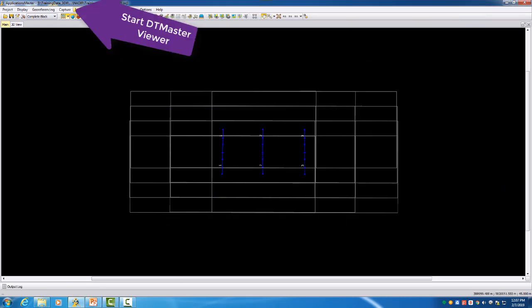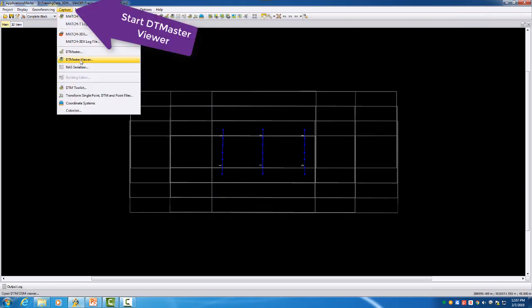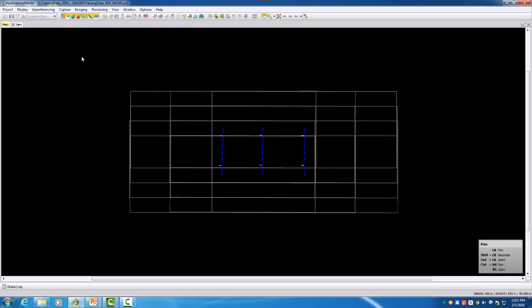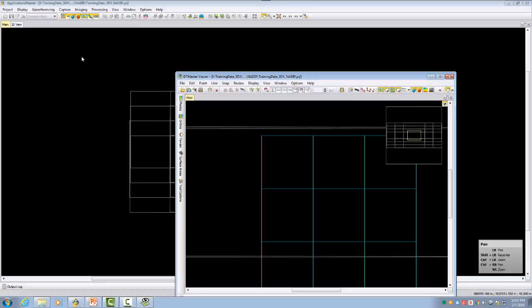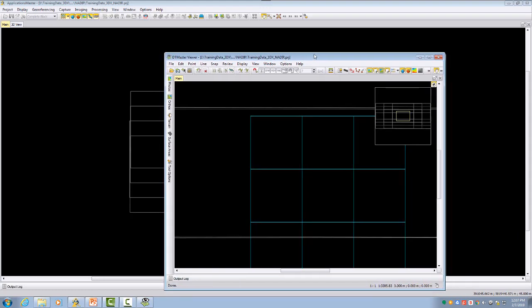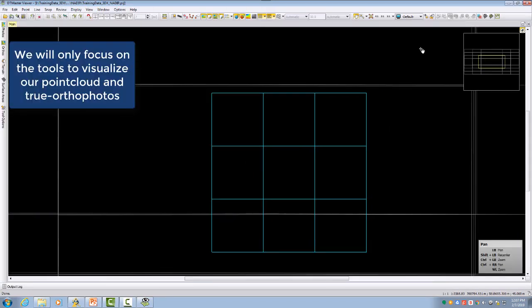We can open the DT Master Viewer, which is always part of MATCH-3DX, and then we can see an interactive tool that allows us to access the data. I will mainly focus here on navigating and taking a look. A more detailed video about this would be nice. I'm not sure when we will do this, but this is really just to access the data and